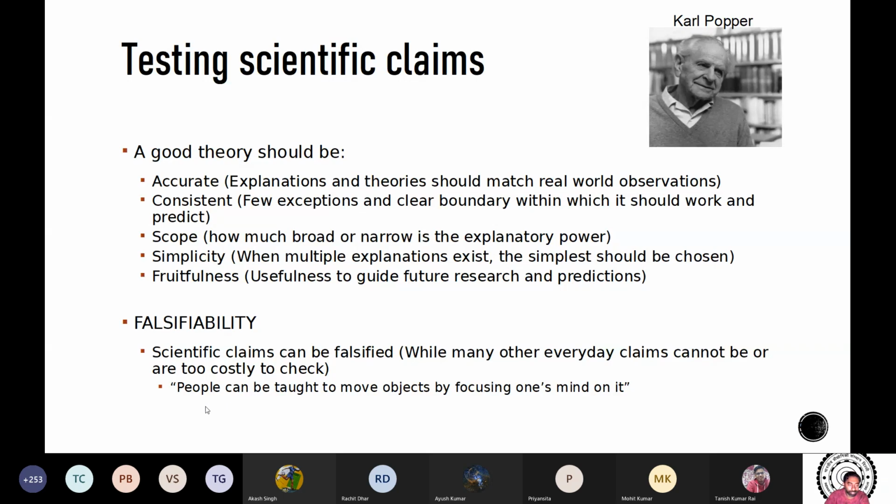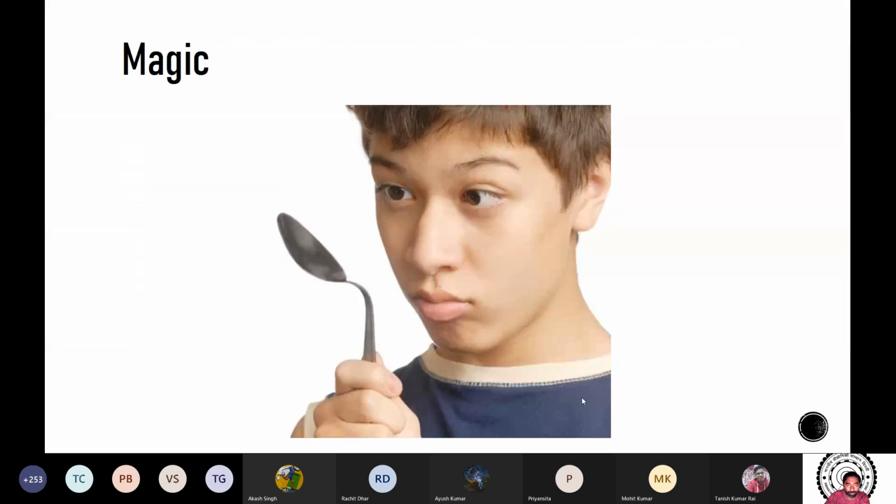Say, for example, think about this claim: people can be taught to move objects by focusing one's mind on it. You see a lot of this in magic. If you focus your attention, or if you have this inner consciousness, I've heard things like inner voice, good energy, bad energy, spirituality, all kinds of terms. Nobody really defines the term, but even if you have some concept of what the term is, if the hypothesis is that